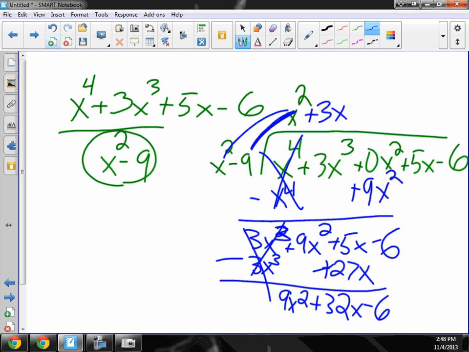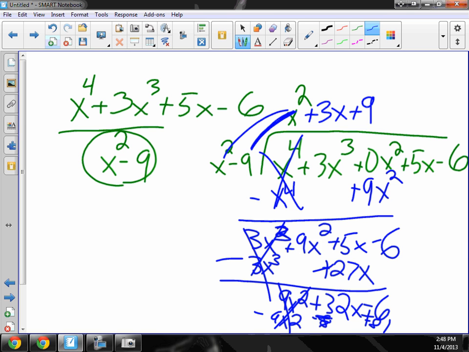How many times does x squared go into 9x squared? Plus 9. So I get 9x squared. 9 times negative 9 is negative 81. Change the signs. So that's plus 81. So my remainder is 32x